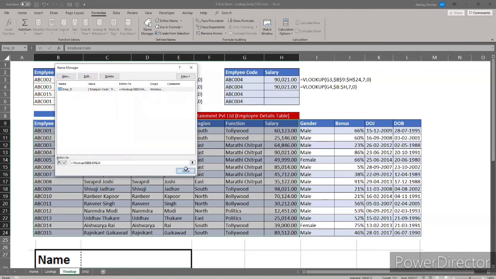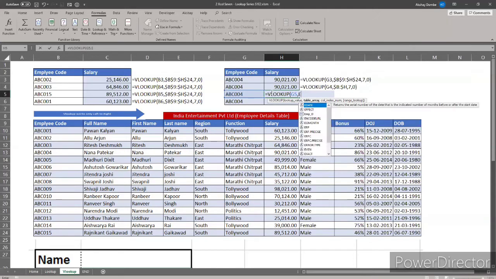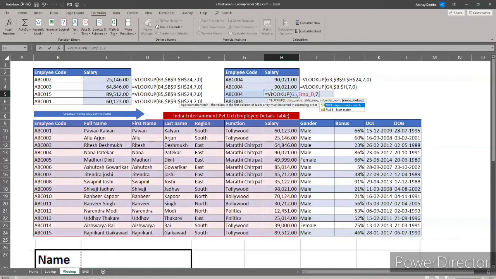Okay, close it. Now we will utilize this name in our table array. Instead of selecting a range, we will type emp, either we can press tab, comma, index number would be the same, and 0. So this is the third way.